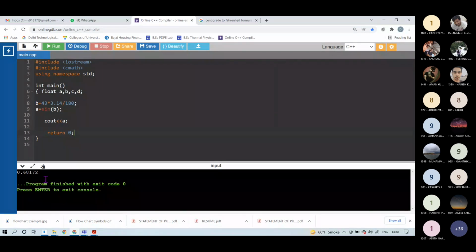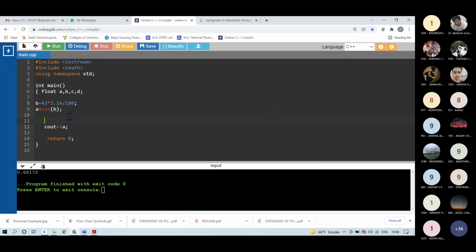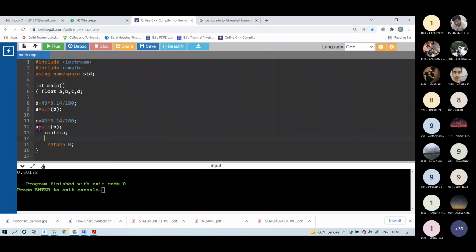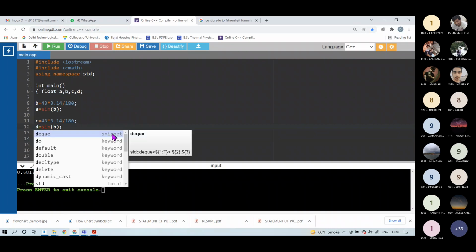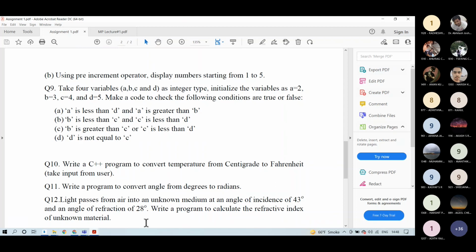Now you can see this 0.68 is actually the sine of 43 degrees, which I have converted first to radians and then inserted into the sine function. Similarly, you can convert that 58. I can declare this as C and this as D, and the incident angle was 28.